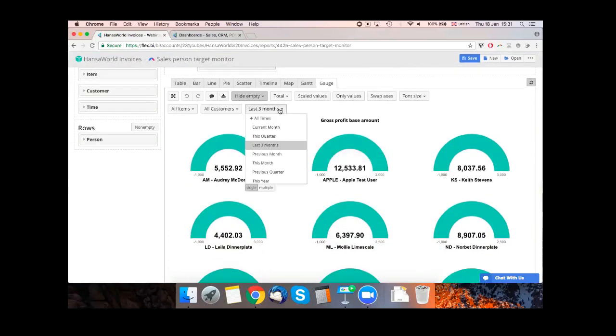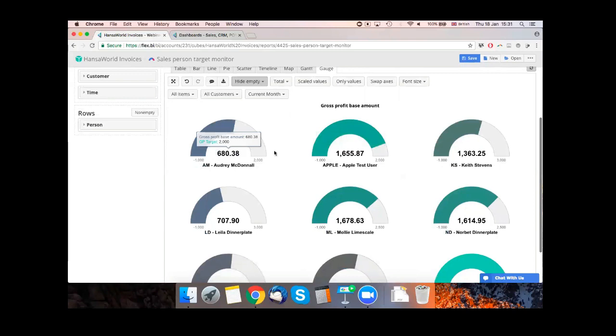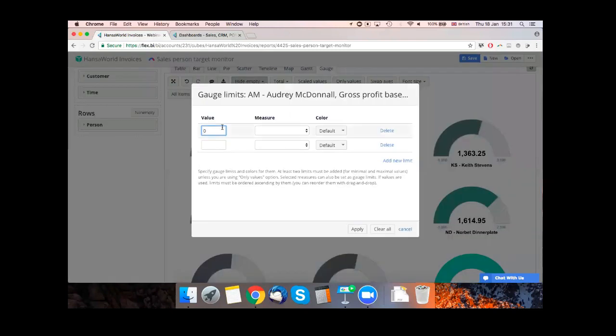One of the things I would like is to have the report always showing me information about the current month. If I have a need, I can change it later on to look at previous months. But of course, as a manager, I want to always see the current month. So now there are two ways you can change the limits. One of them is you can press on the value here in the middle of the gauge, press on gauge limits,